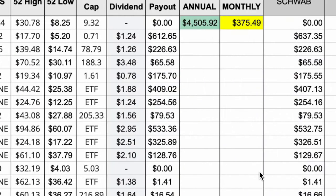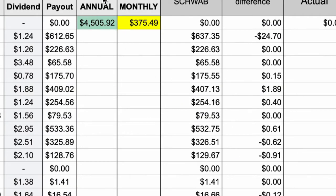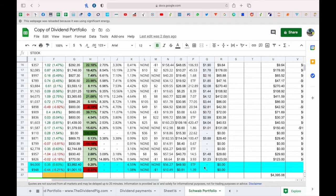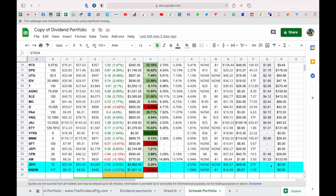If we go back here, you can see the 2021 annual payout is supposed to be $4,505.92 with an average of $375.49. However, this does not include JEPI because, as you can see here, JEPI does not show any annual dividends. This is the site I'm getting it from, FinViz. And if you look on any app or website where it shows you the dividend payouts and the yield percent, it'll show JEPI does not have a yield, and that's because it hasn't been around for